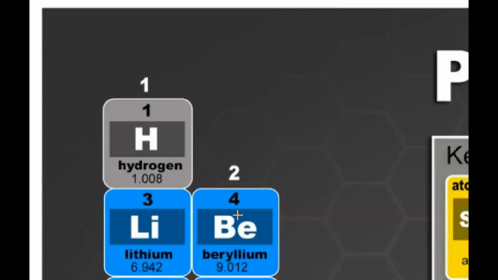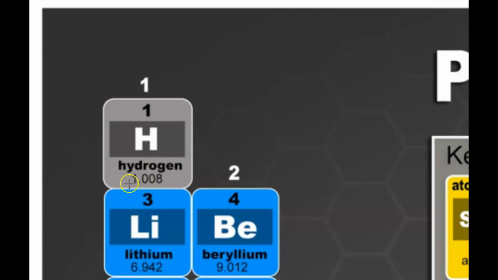So what does it mean? If my hydrogen, for example, would have 1 neutron instead of 0 neutrons, the mass of this hydrogen would be 2, right? And if my hydrogen would have 2 neutrons instead of 0, then the mass would be 3. So what we see here in the periodic table of elements, in every cell of this periodic table, this number